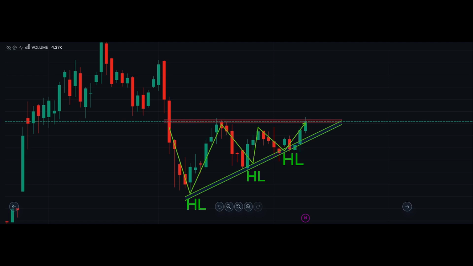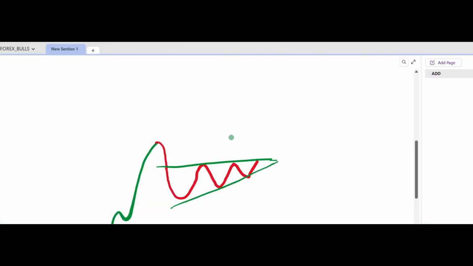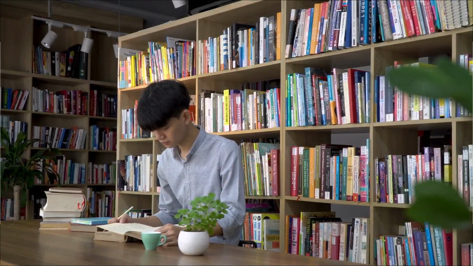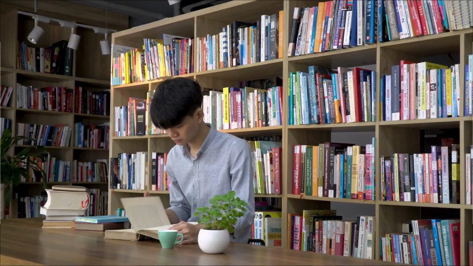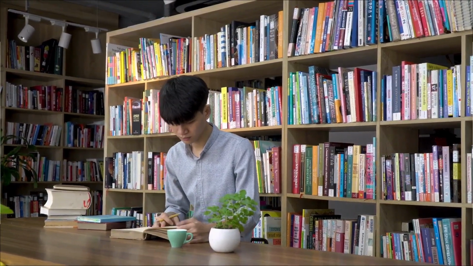Next step, which is how to enter. If we go to our notebook, most of the traders and most of the beginners enter here in this trade, which is not good. This setup is so good, but the entry is not good. We shouldn't enter here, but we have to wait. We have to wait for a perfect setup and the perfect entry. Basically, entry is the main point in this trade.